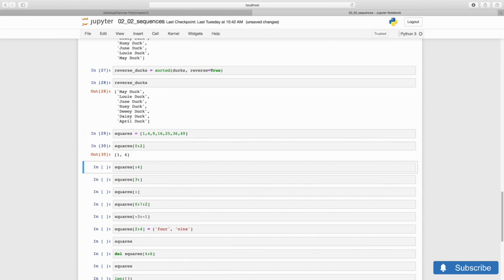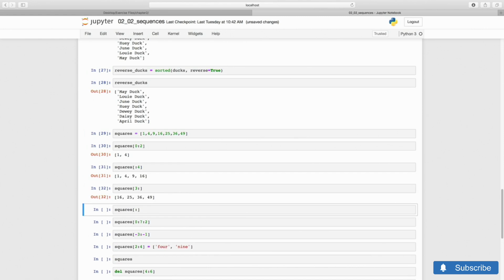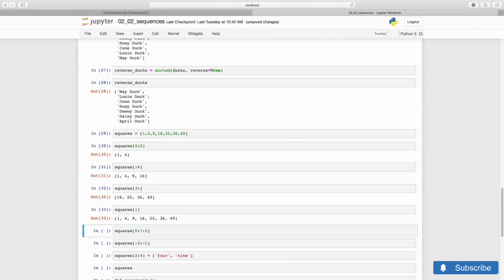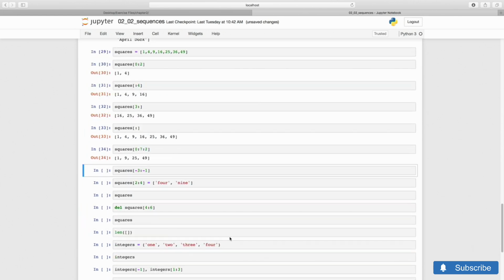There are a few more tricks that we can use in slicing. For instance, we can omit the starting index to start at the beginning, omit the ending index to include elements to the end, omit both to get a copy of the list, move through the indices in steps, and even use negative indices to count from the end.